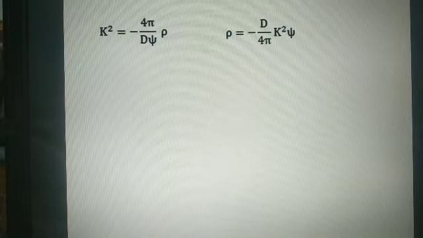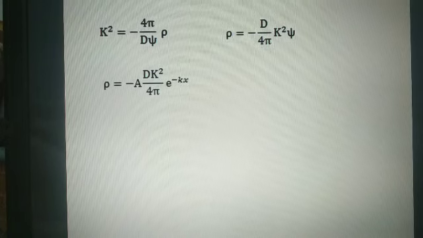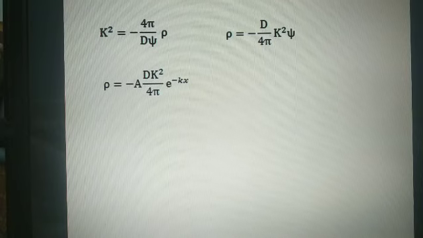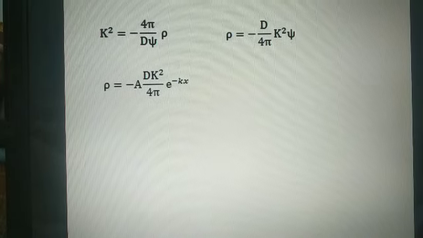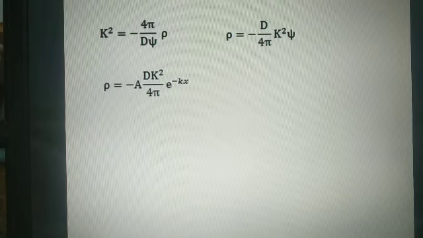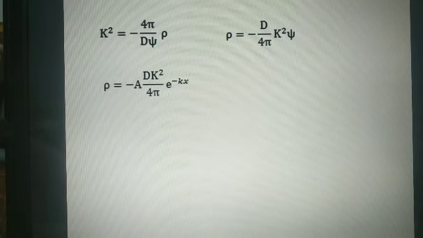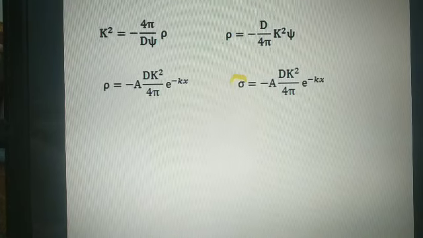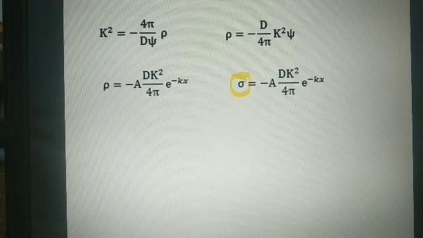Now substitute the value of psi here. It is minus a into e raised power minus kx जो इसके साथ इंक्लूड हो जाएगा. अब ये जो है इलेक्ट्रिकल डेंसिटी एक साइड है, यानी नेगेटिव साइड या पॉजिटिव साइड. इससे अपोजिट जो इलेक्ट्रिकल डेंसिटी होगी, उसका भी अमाउंट इक्वल होगा, क्योंकि नेगेटिव चार्ज टोटली पॉजिटिव चार्ज को बैलेंस करेगा. So if another side it is the other charge, then that charge density is equal to minus a into d k square upon 4 pi, e raised power minus kx.